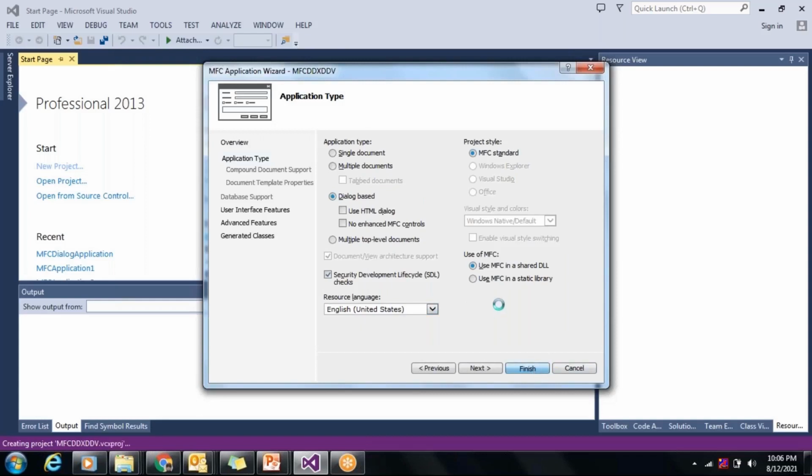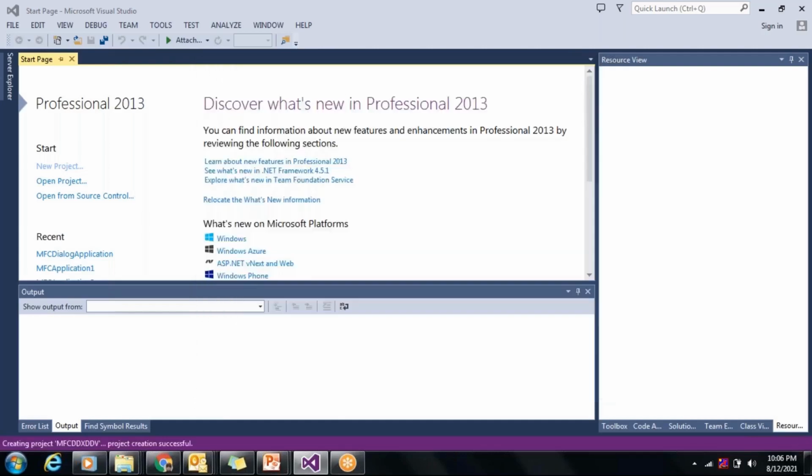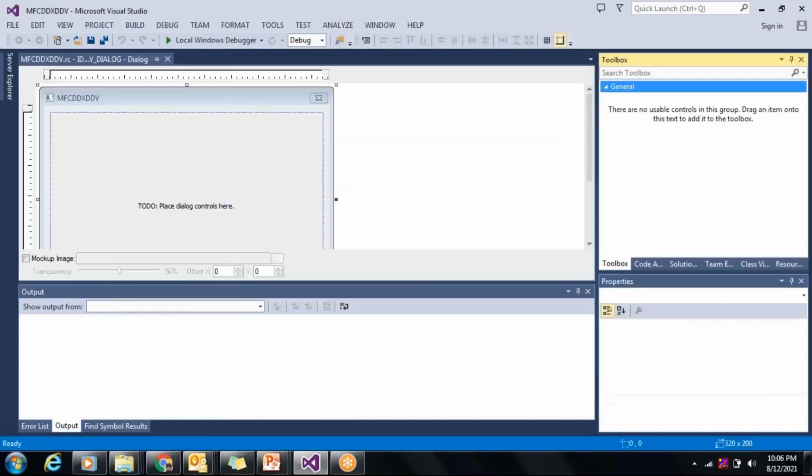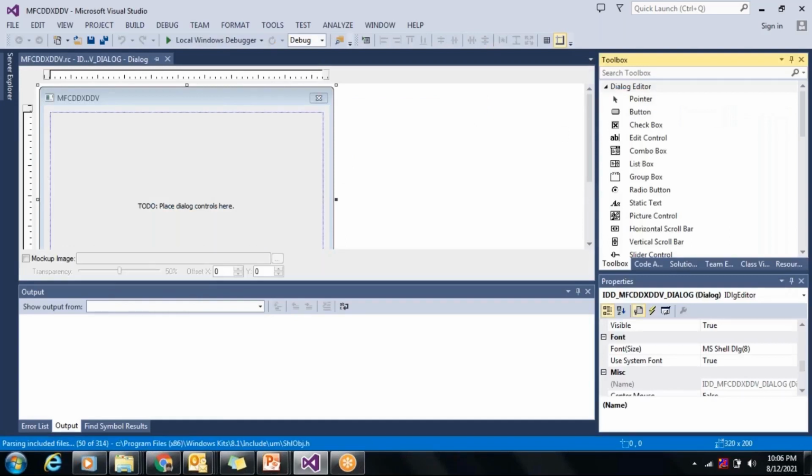In this particular sample project, we are going to add a CEdit control, then a combo box, and then we are going to add the member variables, and also the validations for the edit box. Let us add these controls.